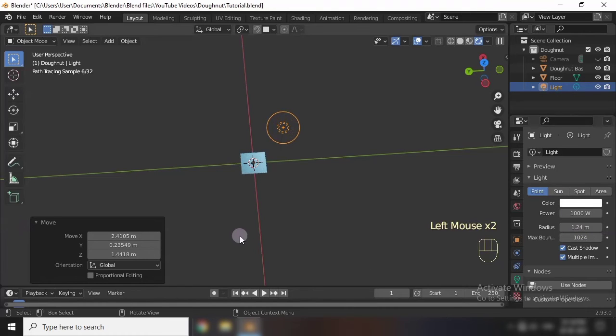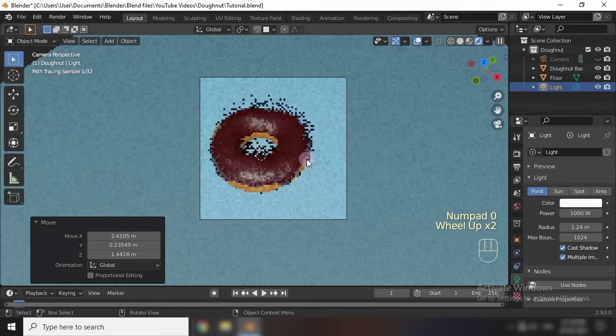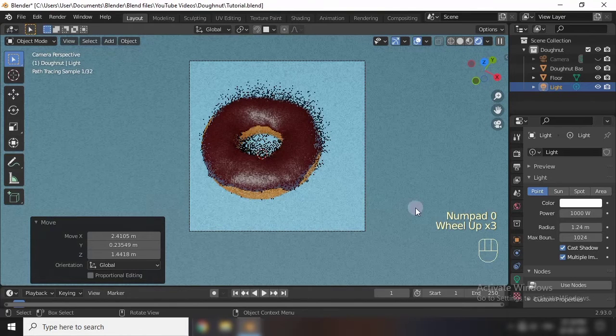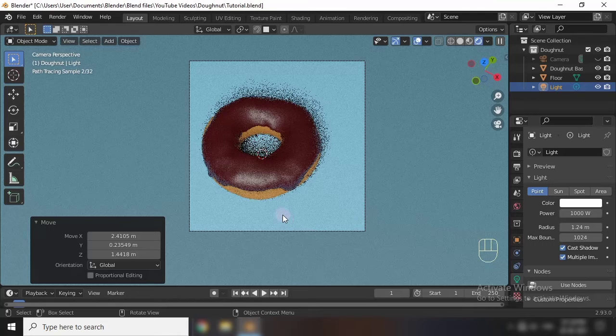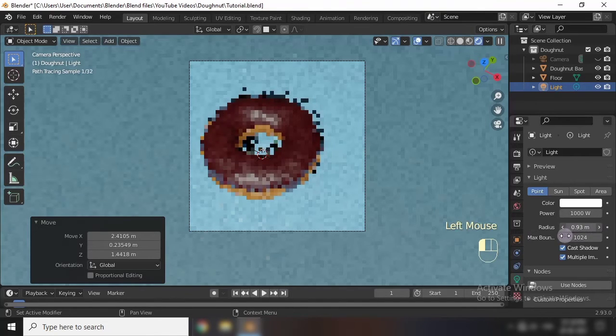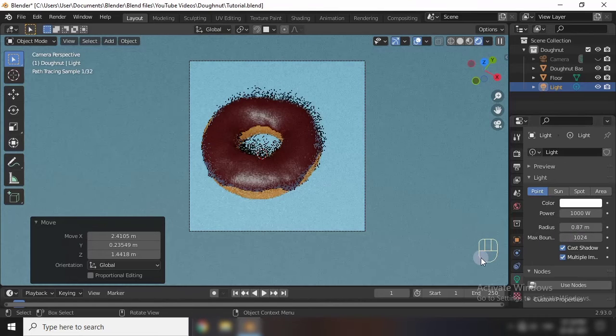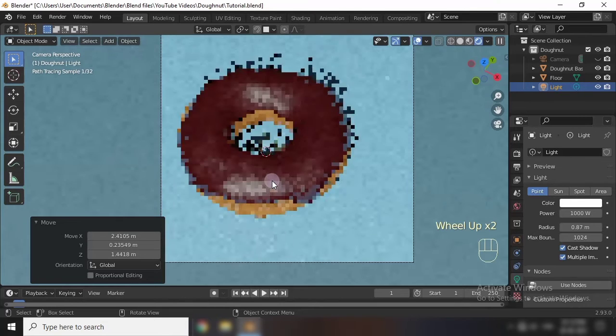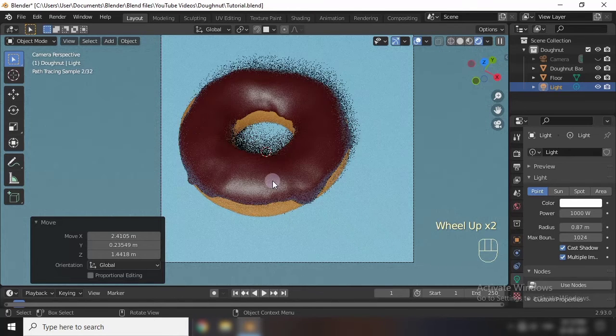So I've increased its radius and go to camera view. Okay, the shadows will now not be so visible, so I will make them a bit more visible. This is top, that's why the shadows are so, wait a while, let's see after this path tracing finishes.